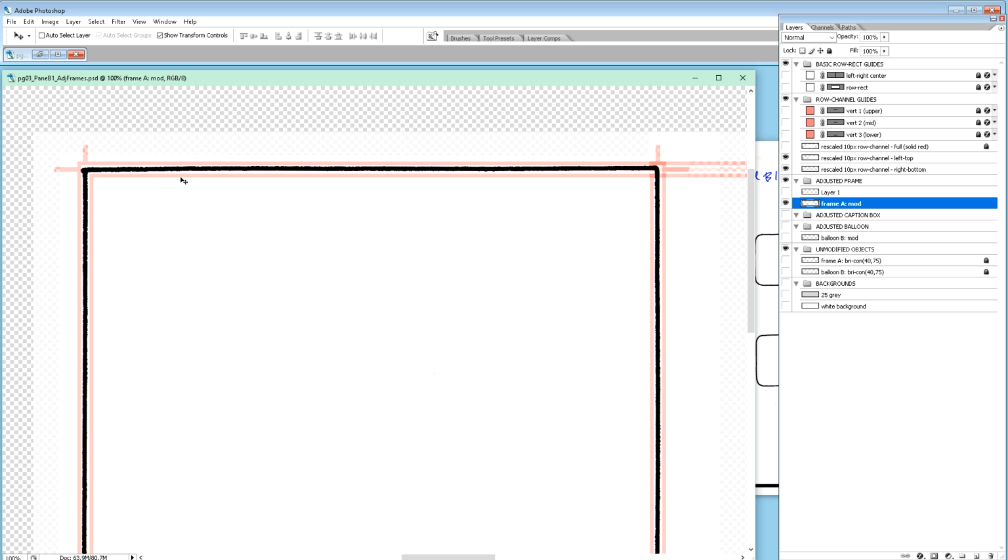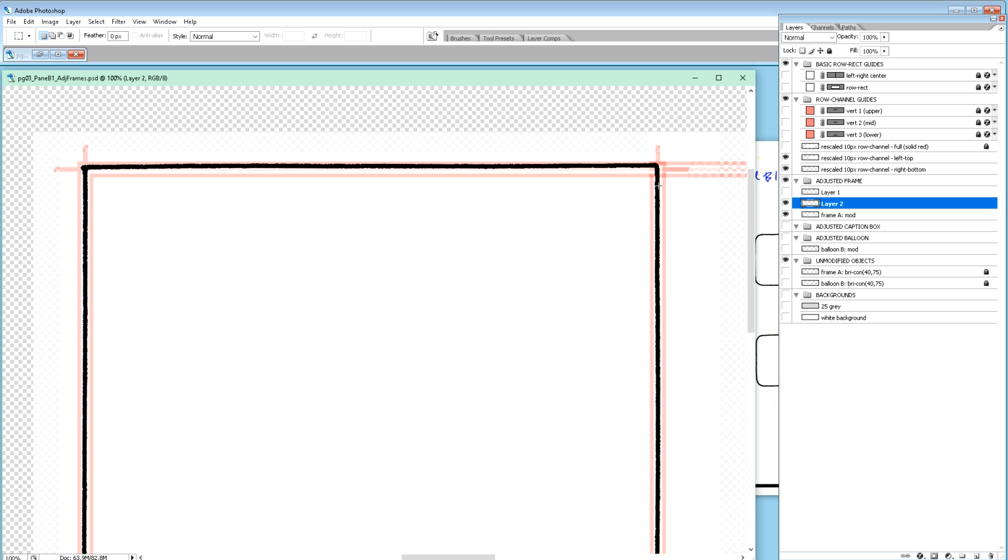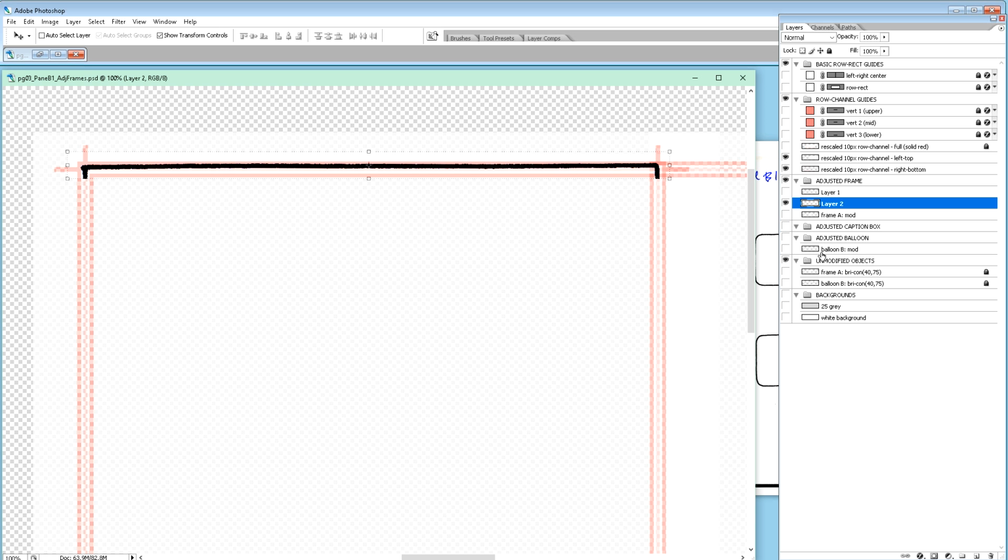Frame, copy, paste, V for move tool, hide frame A, and